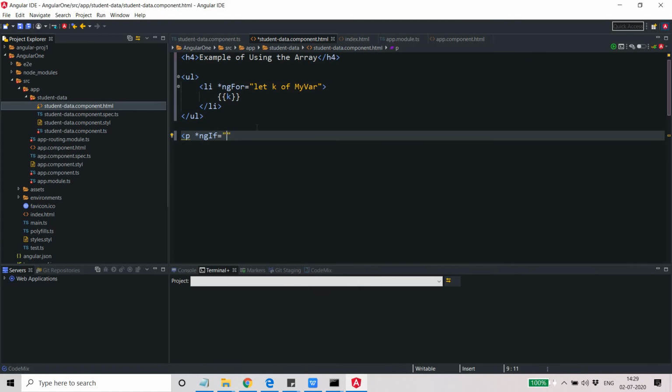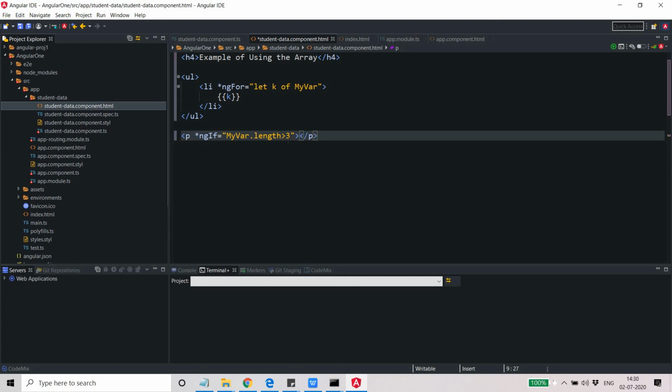Suppose I want to display a message if there are more than 2 elements in the array, then I will just write myVar.length is greater than 3. That's it. This is the condition.